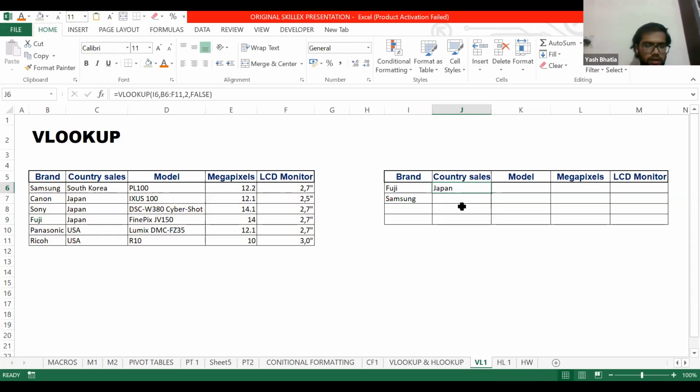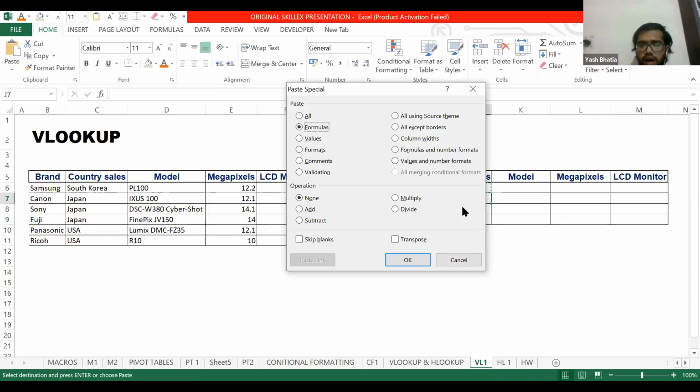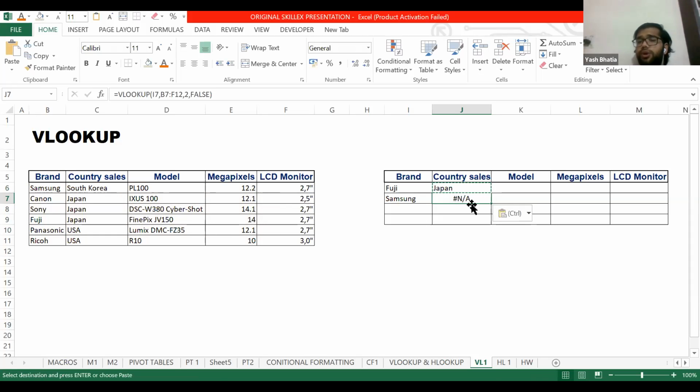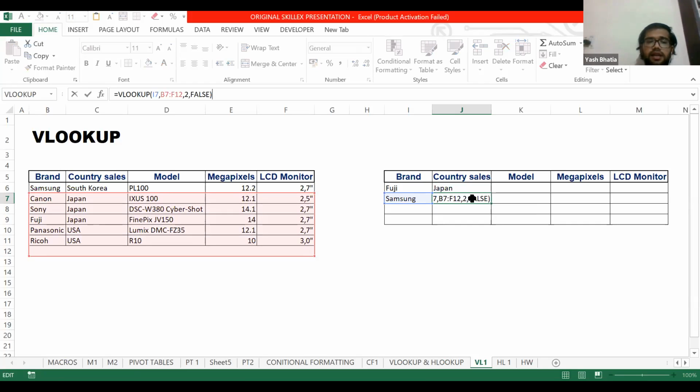Great. So let us copy the formula and paste special. I have copied the formula and it's showing an error. Why? Let's see why it's showing an error. Press F2 and you can see that the source table has changed its location. So we got a first mistake in the first formula.